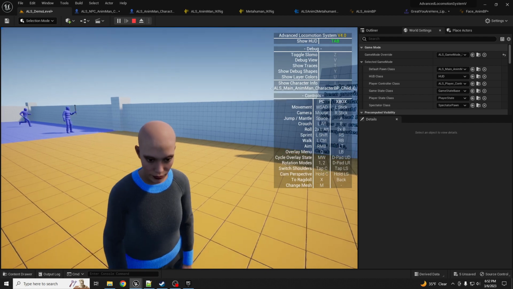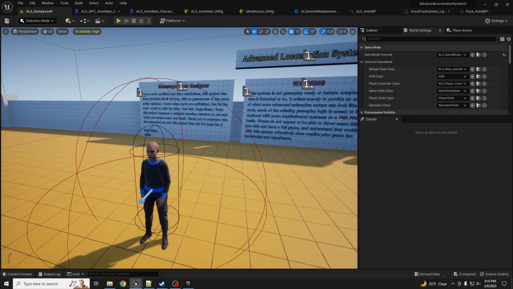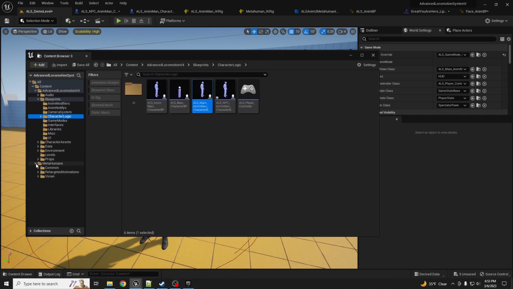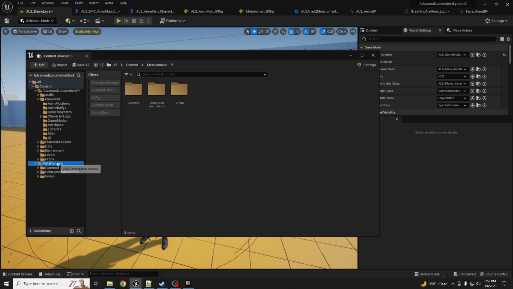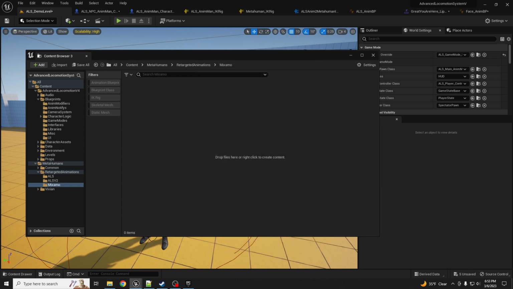The next part is actually getting the body to play a different animation, you know, like the little joyous animation. For that, I've already downloaded, let's go back into our Metahumans, and where did we say retargeted animation and Mixamo? So I've already downloaded this excited animation here, so I'm going to bring that into our folder, and remember to import animation. So import,